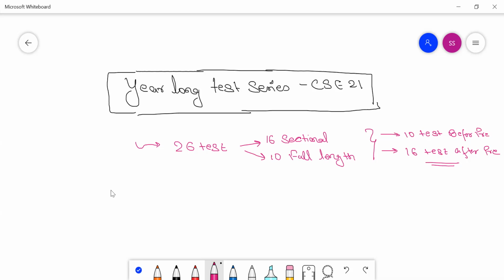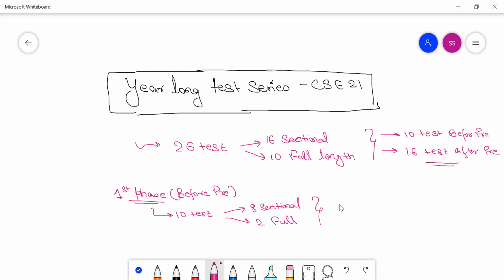So the first phase consists of 10 tests, that is before prelims. In this we will have 8 sectional and 2 full length tests, and these are at an interval of 15 days. Now what is the main agenda here? These tests are meant for complete coverage of syllabus